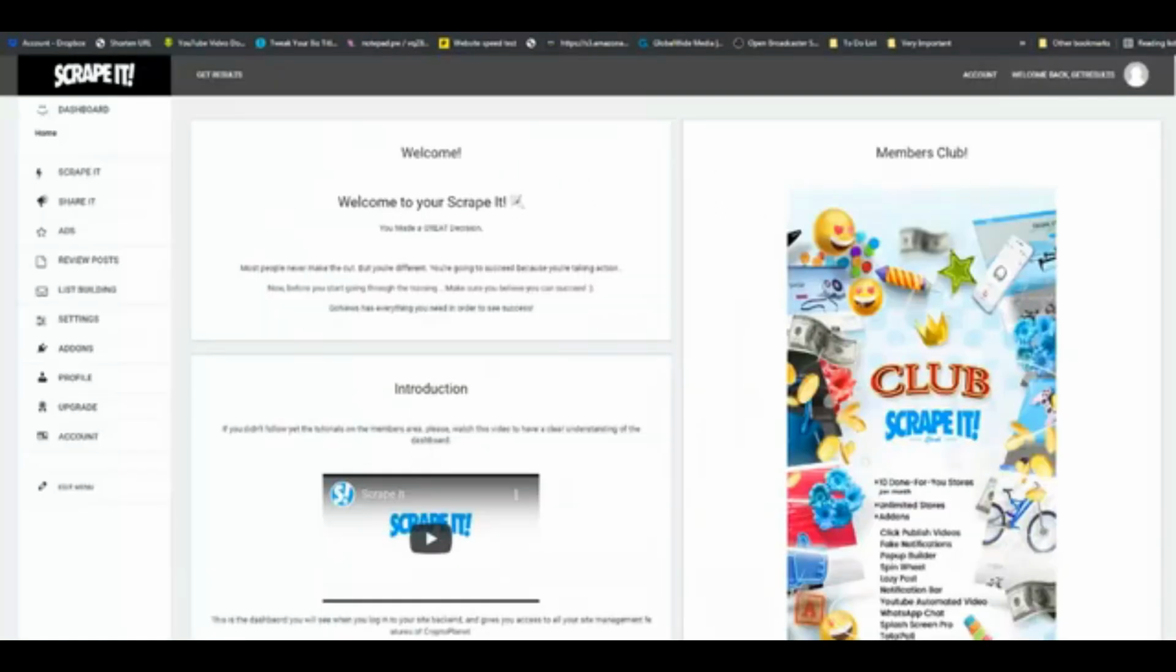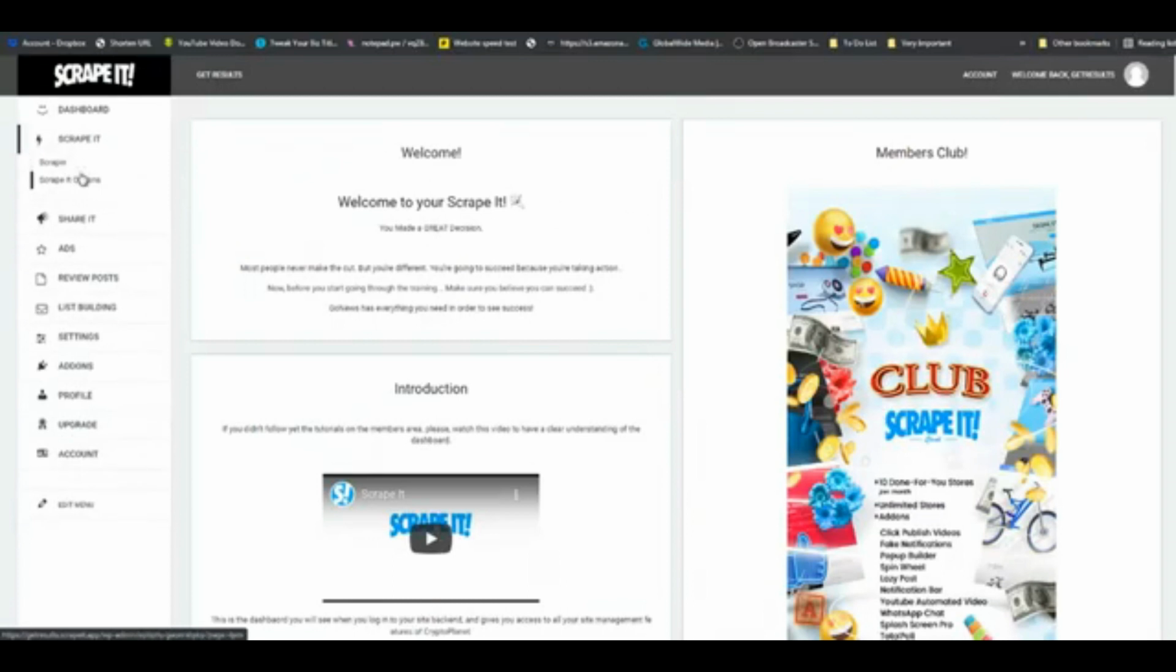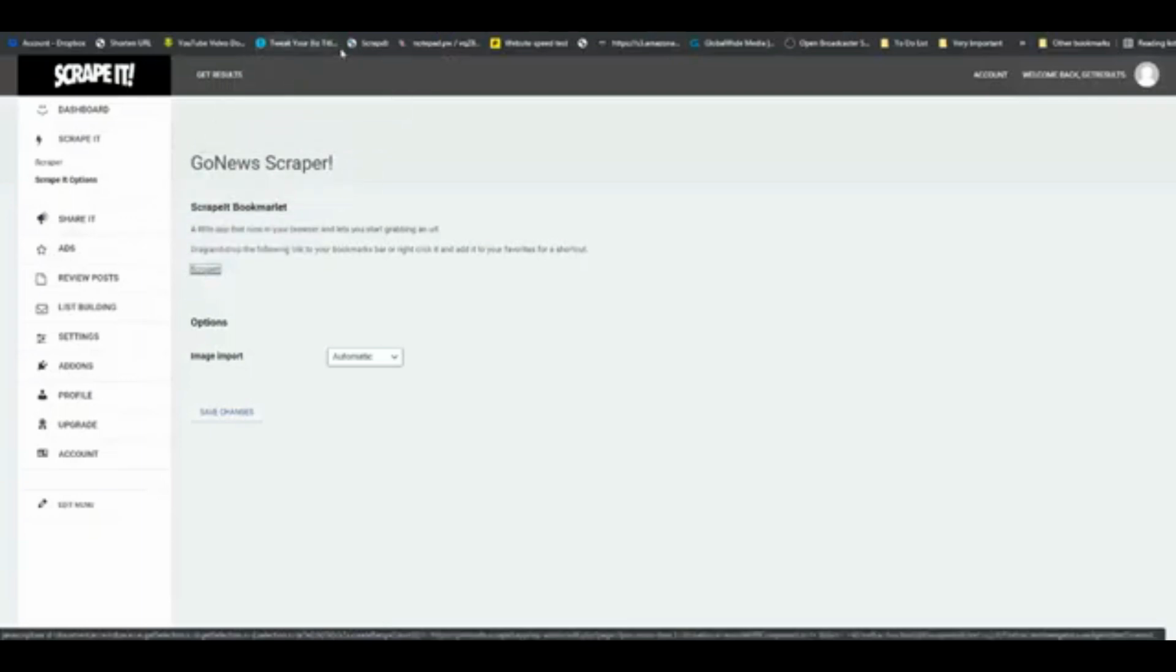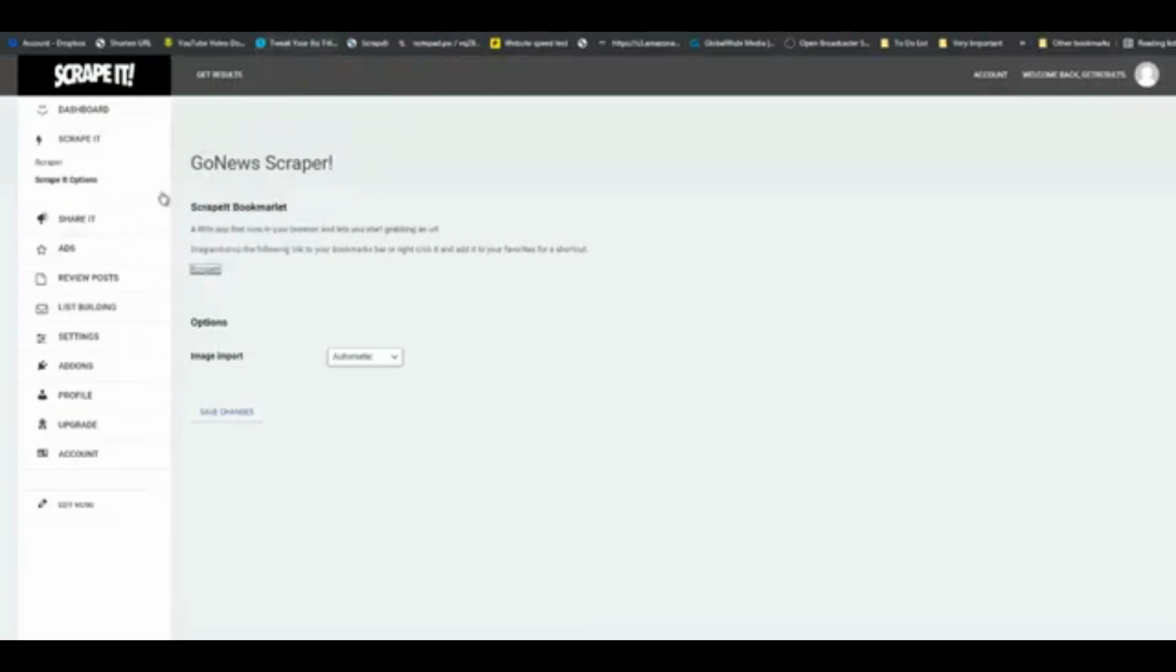So back in the dashboard of Scrape, the first thing I want you to do is to click on Scrape right here. Go to Scrape options, and then just take this little bookmarklet right here, grab it and drop it in your bookmarks bar there. Next thing I want you to do